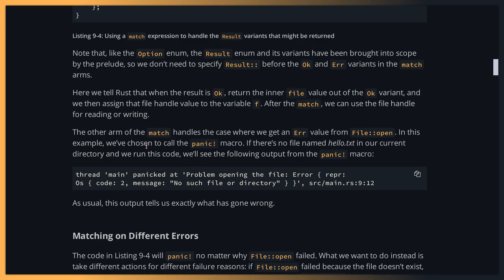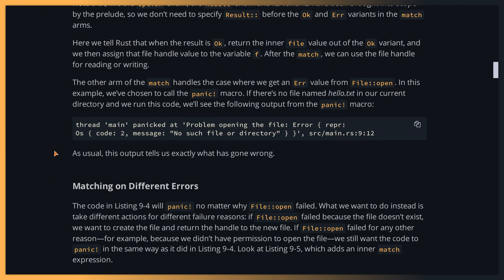The other arm of the match handles the case where we get an Err value from File::open. In this example, we've chosen to call the panic! macro. If there's no file named hello.txt in our current directory, and we run this code, we'll see the following output from the panic! macro. Thread main panicked at 'Problem opening the file: Error